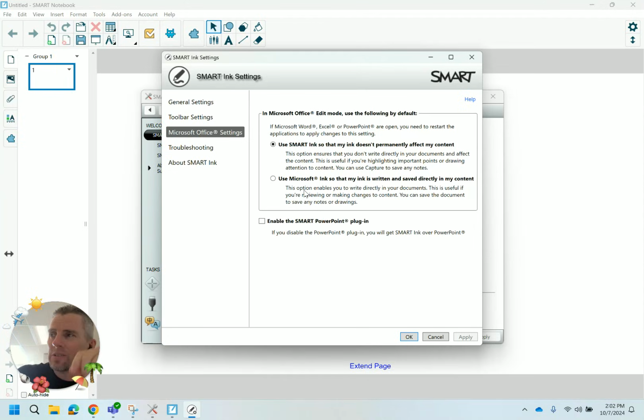Now, some of the problems I've seen with this, especially the Smart PowerPoint plugin and Microsoft Ink, is that sometimes it likes to highlight, like you're trying to draw a box around something when you're actually trying to write. And by switching it back to the Smart Ink that most people are used to, there's essentially a layer that you're doing all the drawing on,